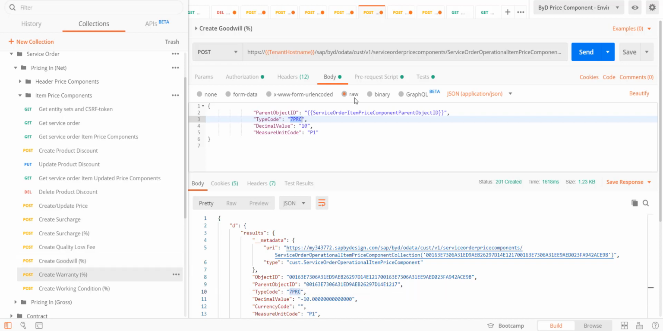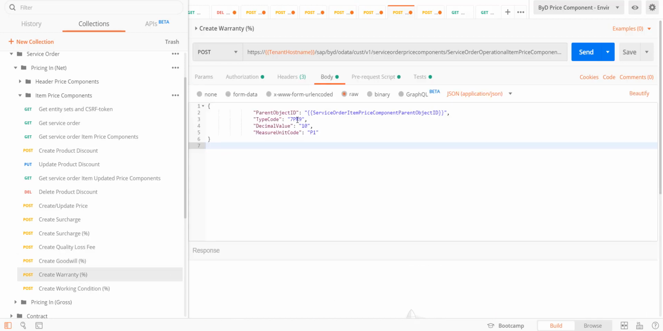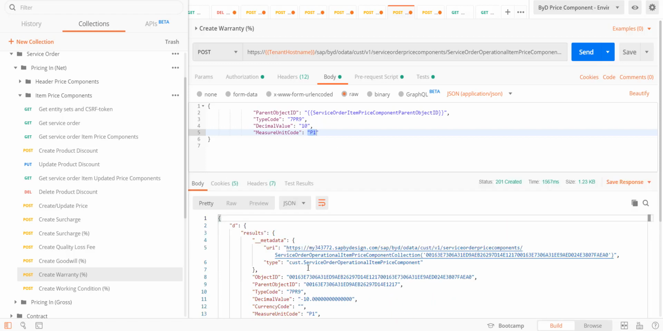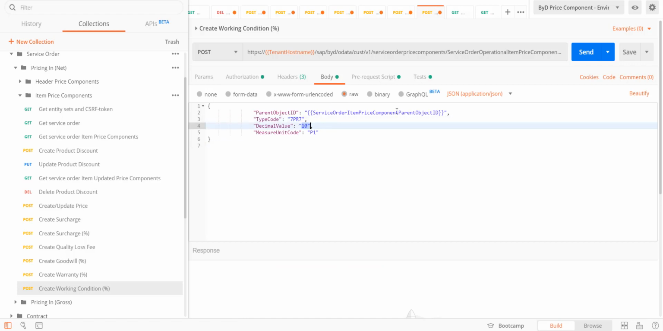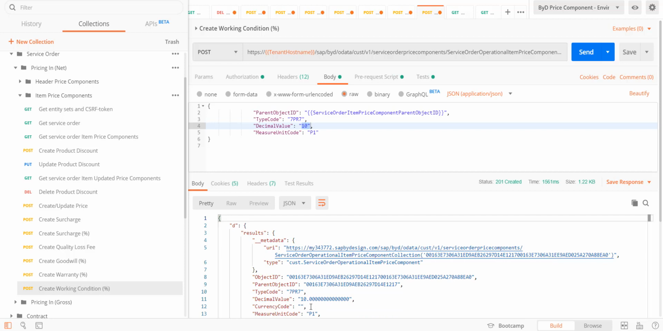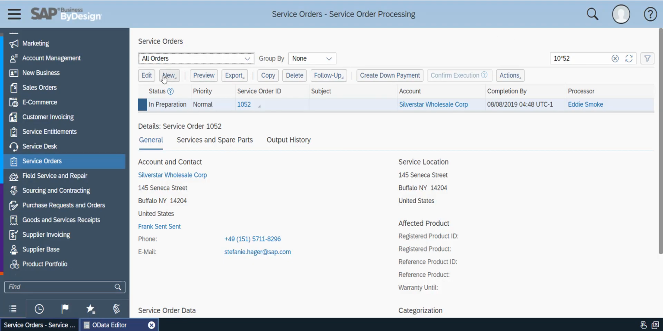If you want to create a warranty price component at the item level, pass a type code and the measure code because it's percentage based. Done, successfully created as well. And last, the working condition: make sure you pass a type code and the percentage, successfully created as well. Now let's take a look at how it looks in the system at the item level